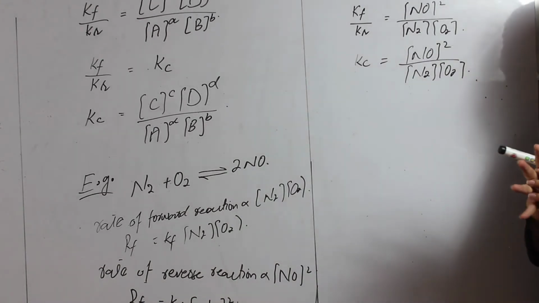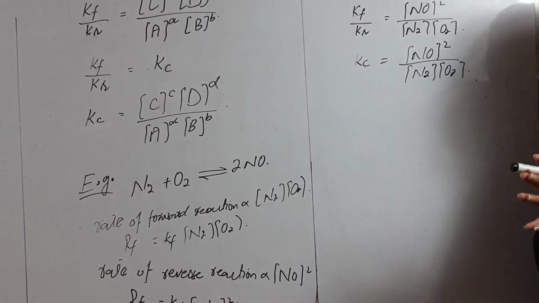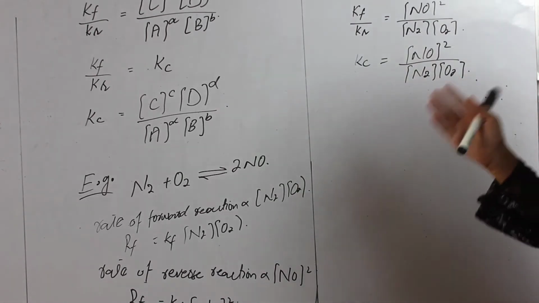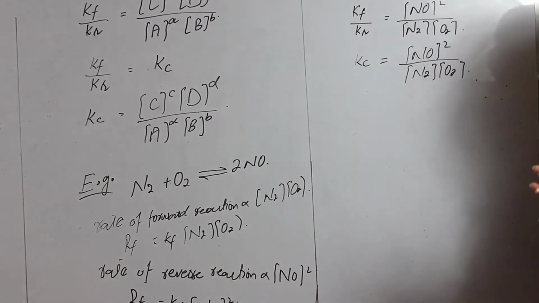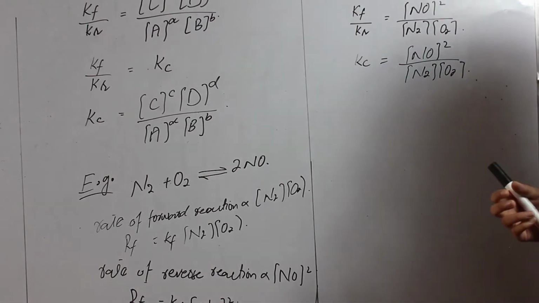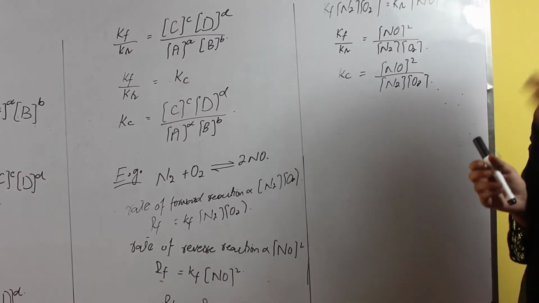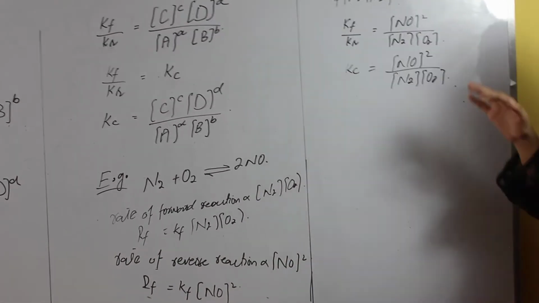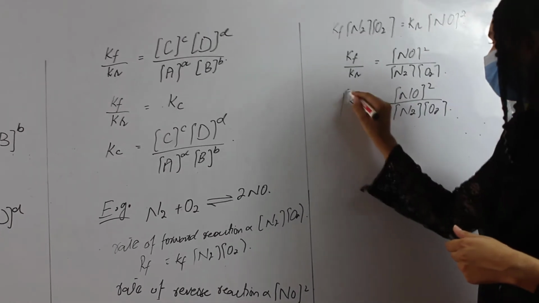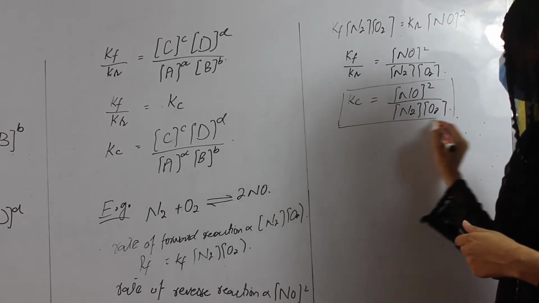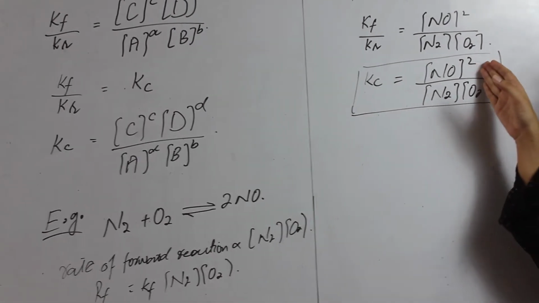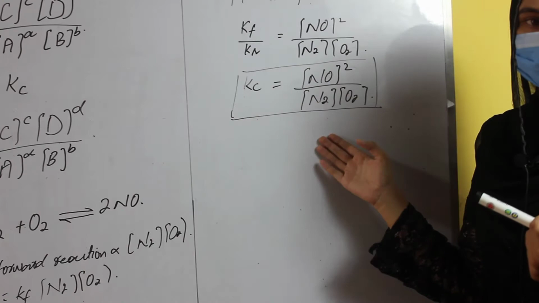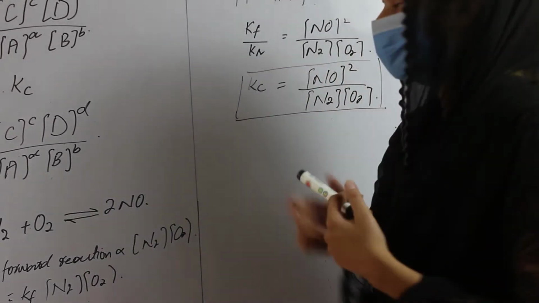When we take the general expression of this equation, first of all we find the rate of the forward reaction, after that the rate of the reverse reaction, and at the equilibrium position we put the values of the forward and the reverse rates, then apply the cross exchange method and get a constant, that is the equilibrium constant value. That is the active mass of nitrogen oxide raised to its number of moles, that is 2, over the reactants, nitrogen and oxygen gas.